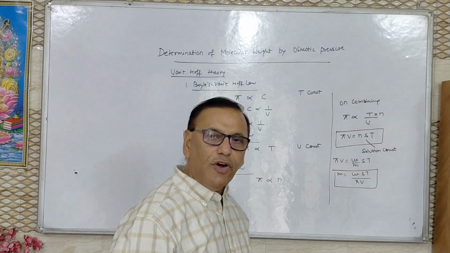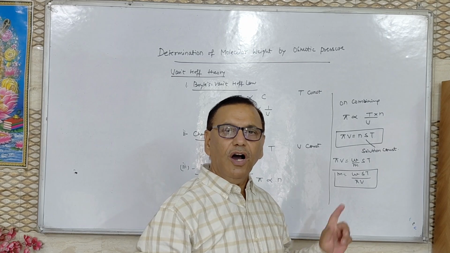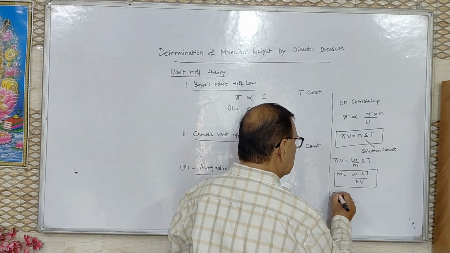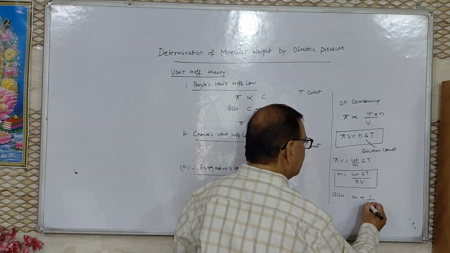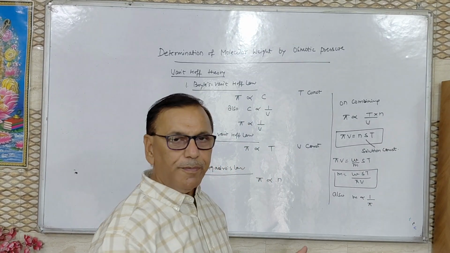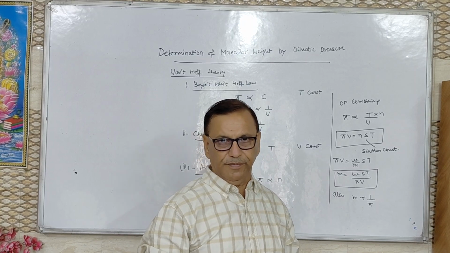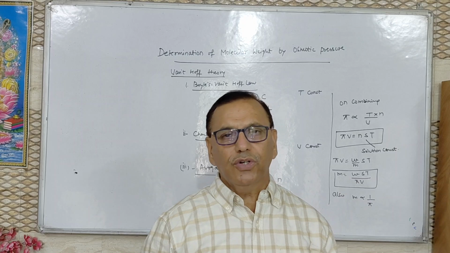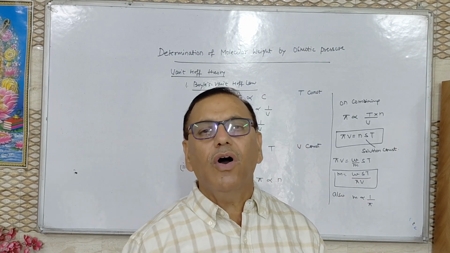With the help of this formula, we can calculate the molecular weight of non-volatile solute. Also, molecular weight and colligative property are inversely proportional, so osmotic pressure and molecular weight are also inversely proportional. In the next part, I am going to explain isotonic solution and also the numerical based on osmotic pressure.